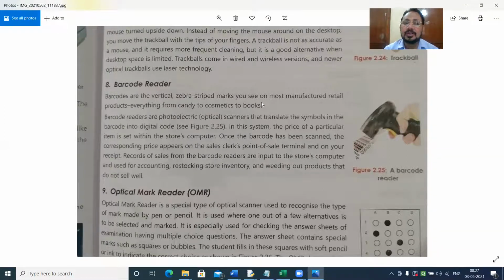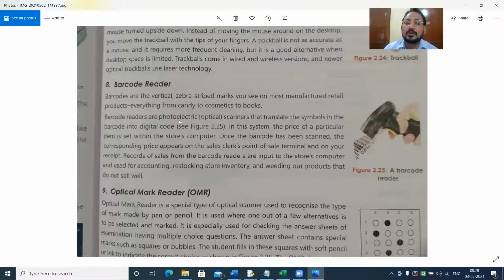They use a device by which they read the barcode, which is given on a particular product. So they just scan it and automatically the price of that item is calculated. And when you get a bill, that price is mentioned there.